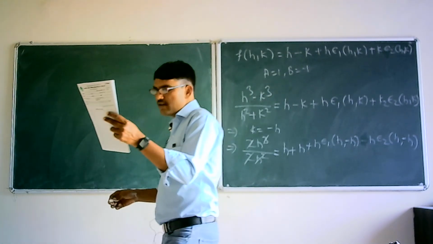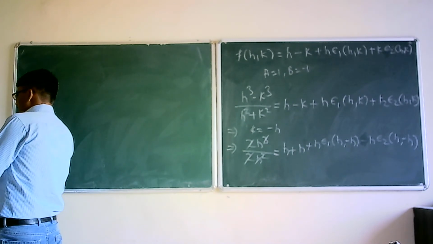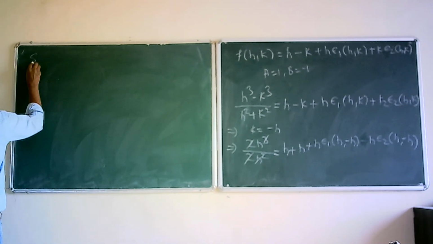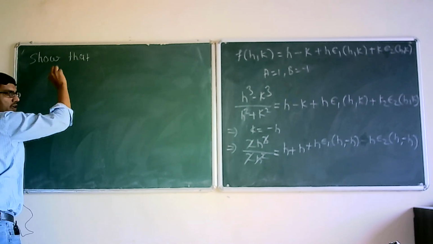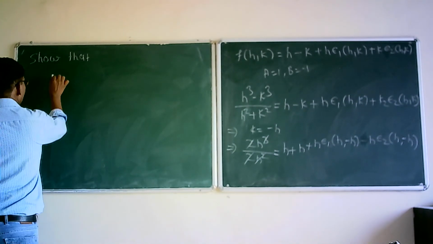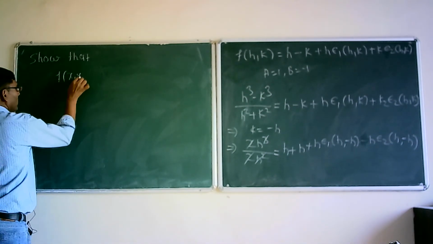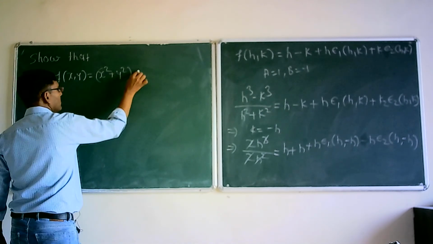So show that f(x,y) is equal to (x square plus y square) sin